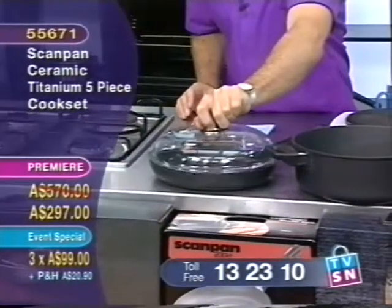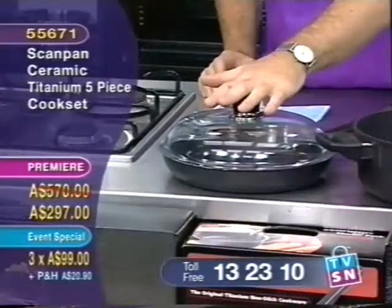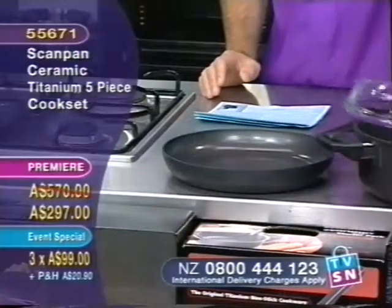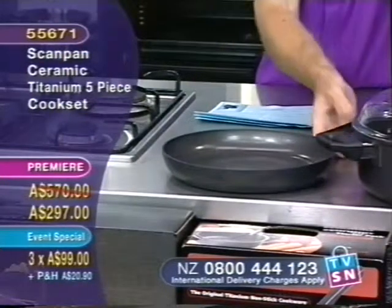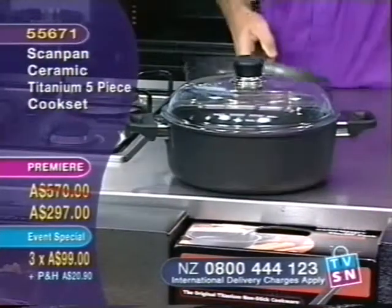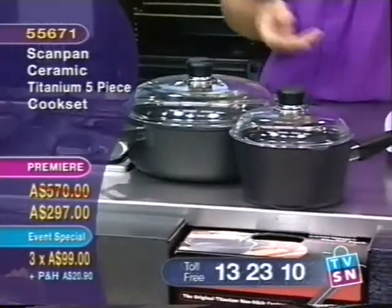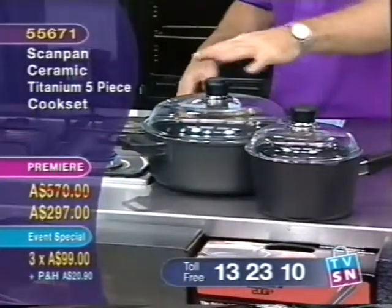have a glass lid for, if you would like it, because that's a shared glass lid. So you've got that 26 centimetre frying pan. You've then got your 26 centimetre or 4-litre casserole, which shares the lid. That's next door to your frying pan. There's your casserole. And then the third item in this set is the saucepan. That's a 1.5 litre saucepan with its own glass lid. So you're getting all 3